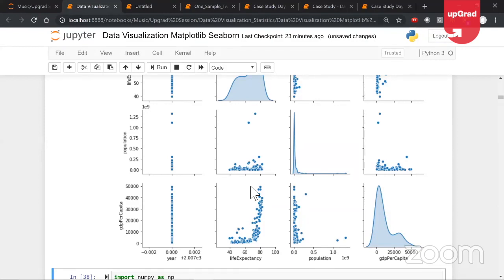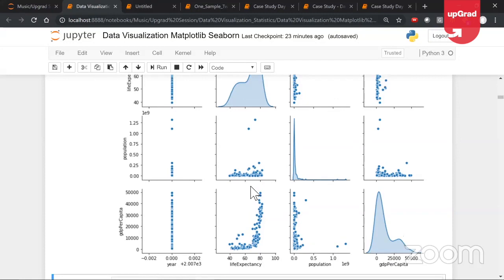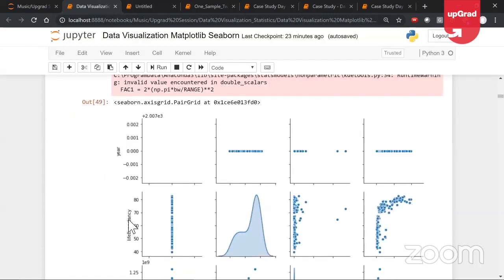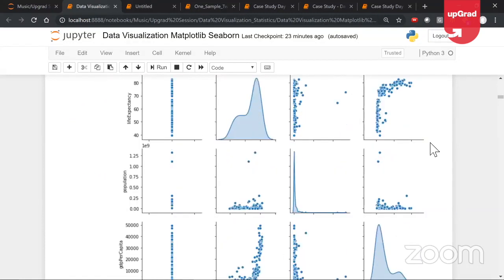If you see these kinds of relationships, then the straightforward thing to note is that linear regression you cannot apply straight out of the box, because the relationship is not linear. Your data is not linear. And if you look at it this way, you can see life expectancy and per capita GDP is not linear. It is kind of going this way. So you need to transform these into linear distributions. Okay, so this is a very important kind of plot that you will be using quite a lot in your